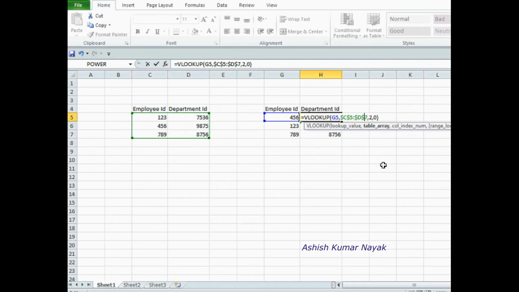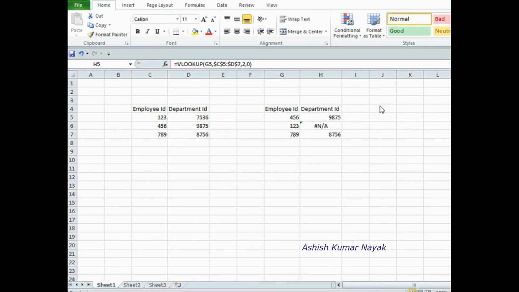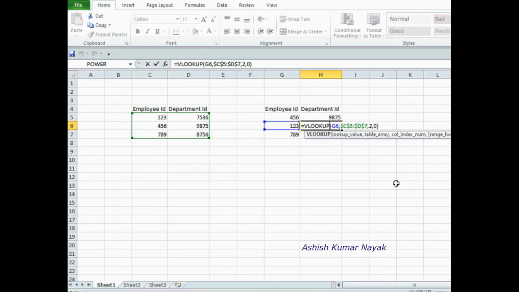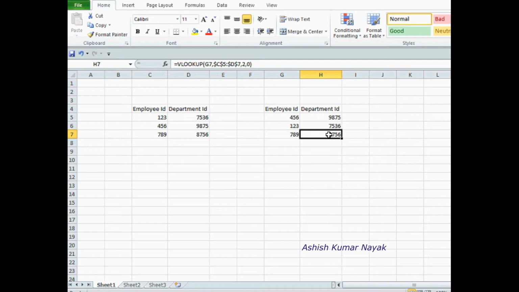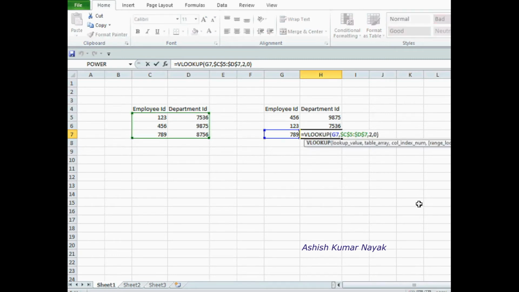5 will never be 6, 7 will never be 8. Now select the value 9875, put the mouse cursor like this so that the cross mark will be displayed. Now drag it, just check it, the table is displayed in the formula.